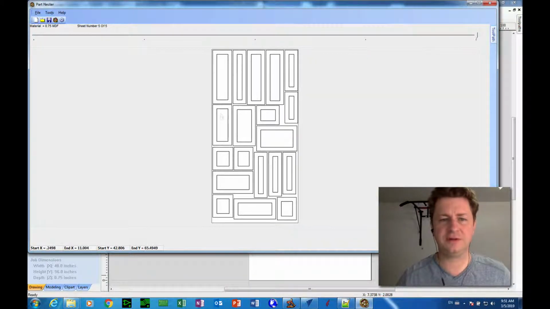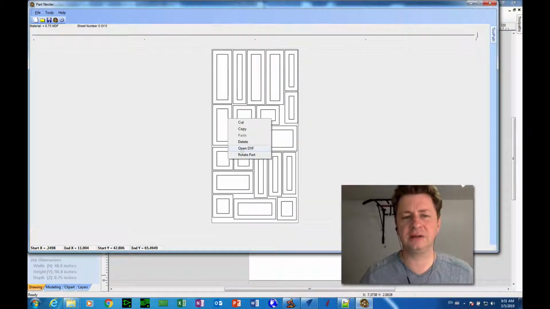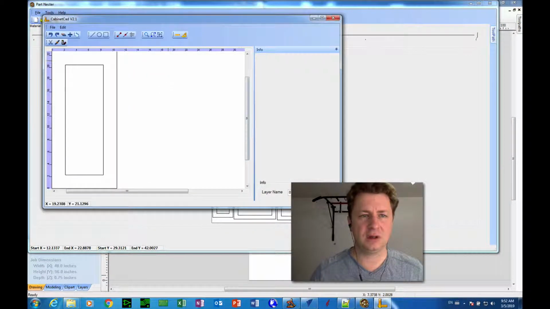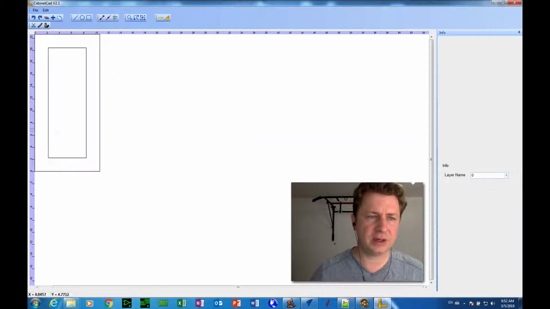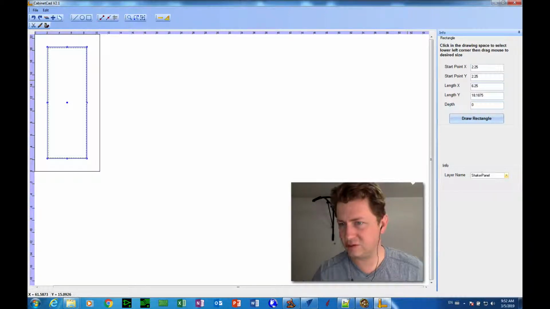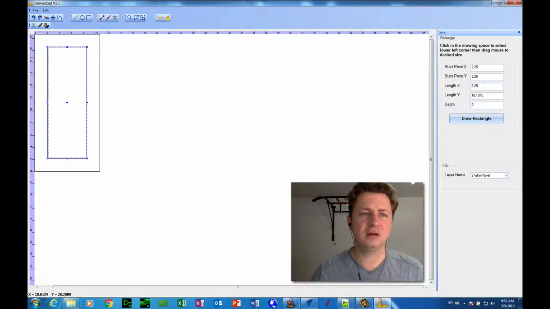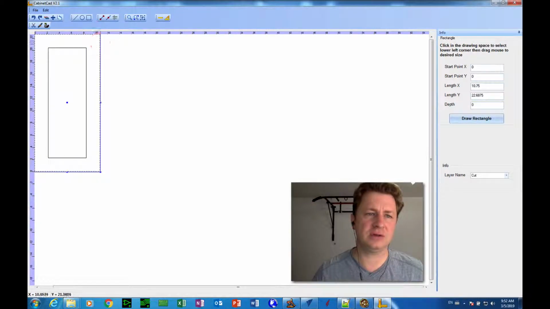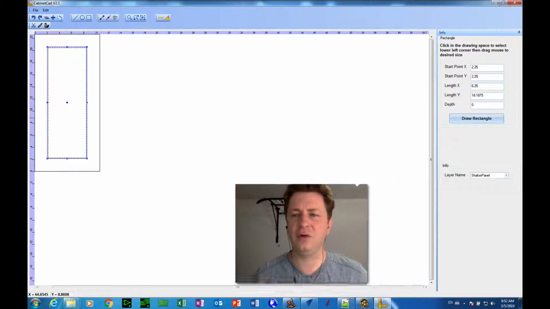Okay, so now we have our 5 sheets of doors. I'm going to open one of these doors real quick by right-clicking and saying Open DXF. And just going to look in there real quick and see what size that is. So start point 2.25. So that much is correct. The layer name is shaker panel. That's also correct. Length and X and Y is fine. We don't have to worry about that. So yeah, that's all we really need for a single step shaker door, is just that one rectangle with the